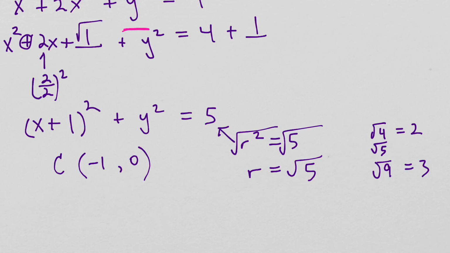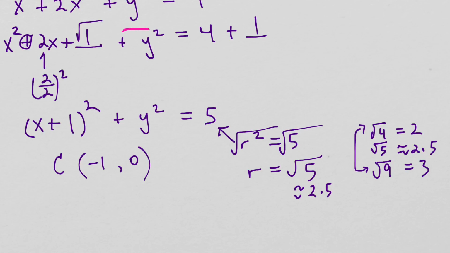Square root of 5 is somewhere in between these two numbers. So just to get a rough sketch going, we can say we know it's going to be in between 2 and 3. We're just going to estimate it as approximately 2.5 for graphing purposes. All right, so that's how you figure out a rough estimate of the size of an irrational number like that